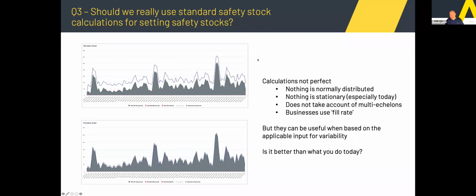Great. So this is a great one for me. I remember I left Cranfield a few years ago, and I was all excited about how I was going to apply my learnings in the industry. And the first industry I was in had quite a lot of seasonality and trending. And this actually made the application of the standard safety stock formula somewhat challenging.